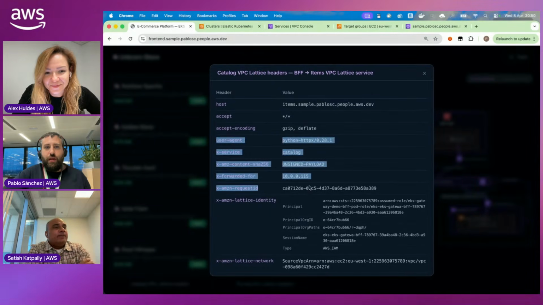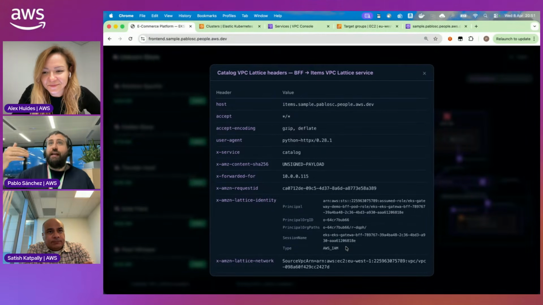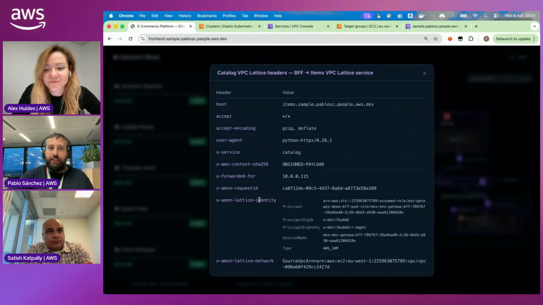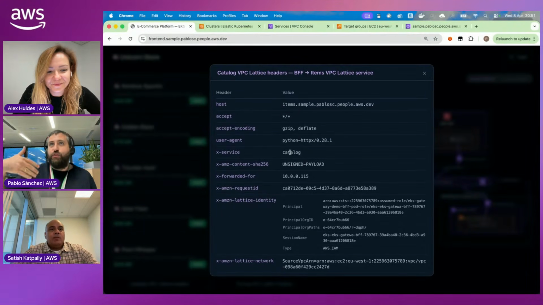I'm just showing that, of course, everything that you see here are the headers that VPC Lattice receives and can read. It's not only the ones about the identity, you can get any header. For example, I included that catalog header that I'm only using to do the routing, but you can also use it to add extra authentication.